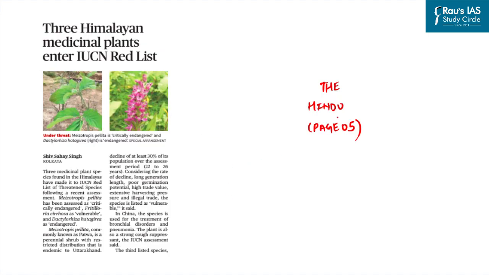Moving on to the next article of the day that has featured in The Hindu. It basically talks about the 3 Himalayan medicinal plants that have now entered the IUCN Red List. Now, UPSC in the previous year has asked questions related to various plant species and animals which were in the news, by asking their scientific name. And thus, we need to understand the topic, as UPSC can on similar lines ask the